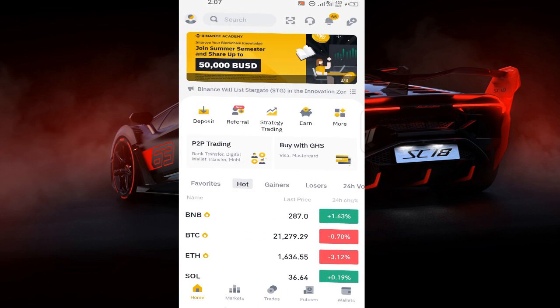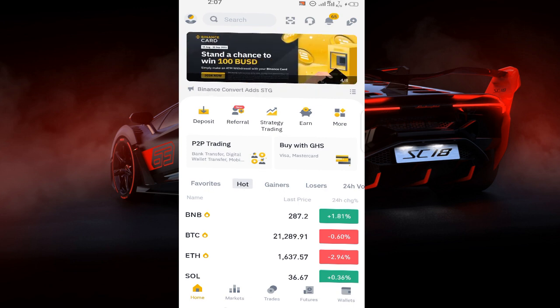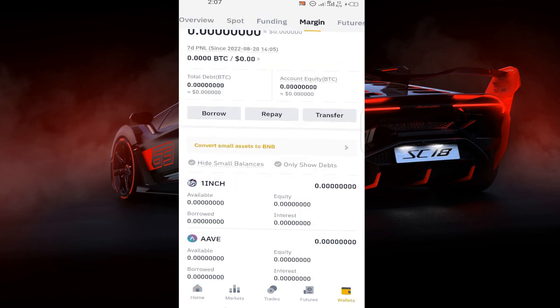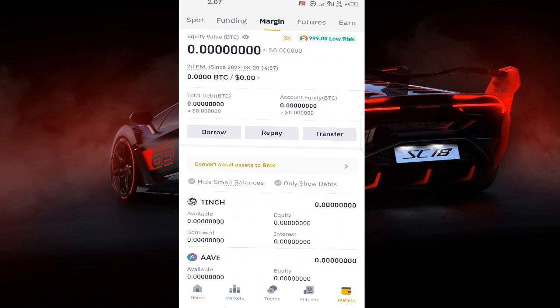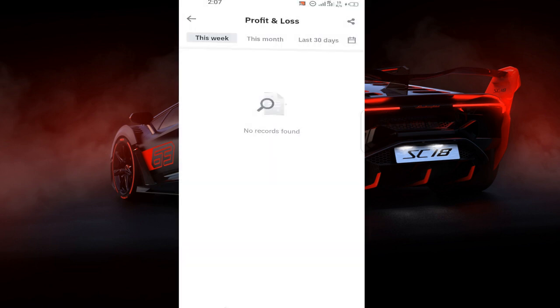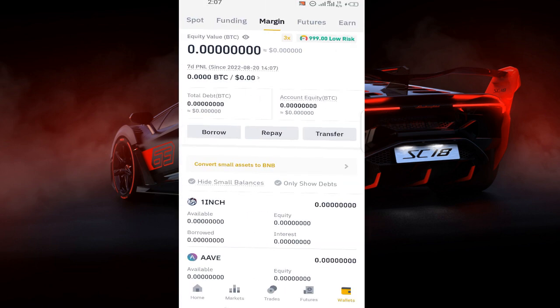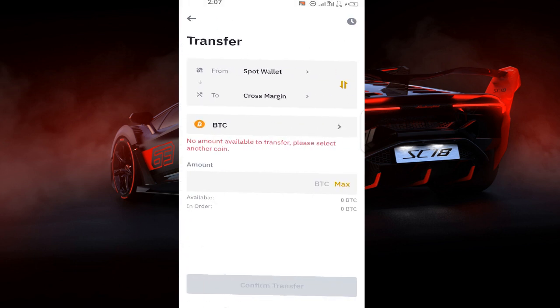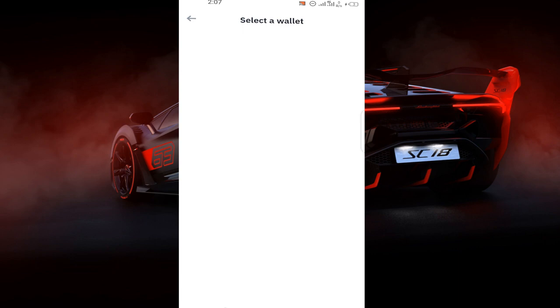But for now, I'm just going to be showing you guys the simplest way you can also start trading Binance margin and also start earning money from it. So what we need to do is that we just click on here. Once we click on wallet, then we click on margin. Assuming we're having the Bitcoin inside our margin wallet this way, the next thing that we need to do is that we just click on transfer,